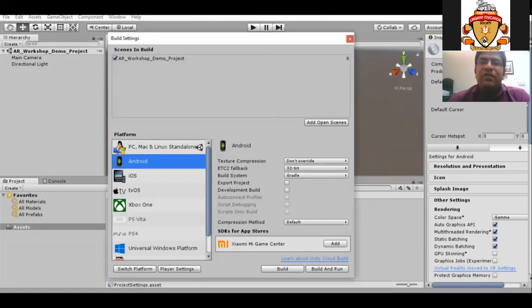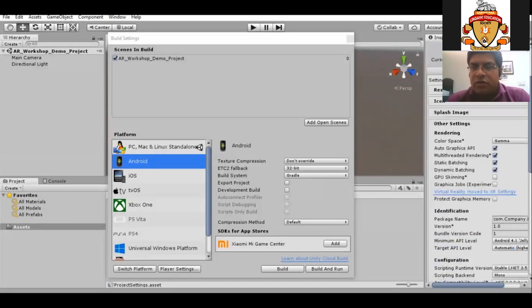Basically why it asks this, because if you want to publish this app in Google Play Store or anywhere else, there will be a particular name. That is why it is asking. So we can use any name we want to give. I'm giving the company name as IIST, right?